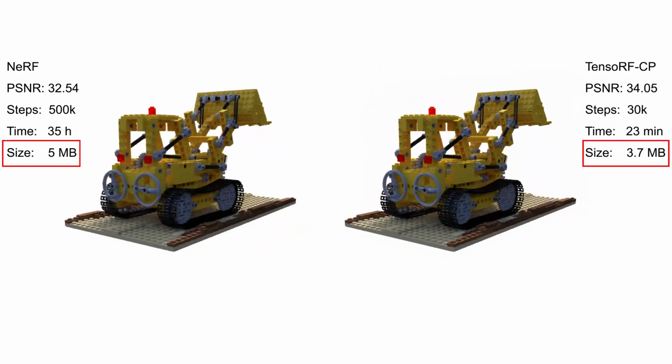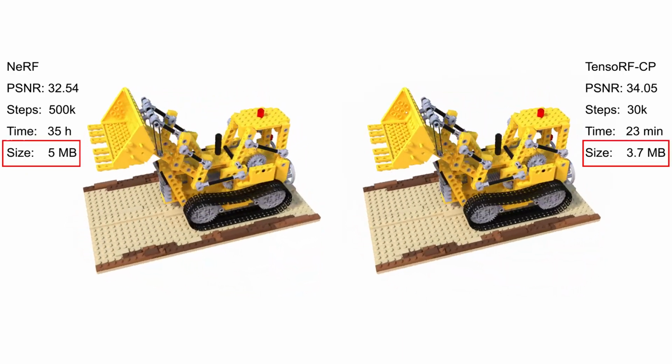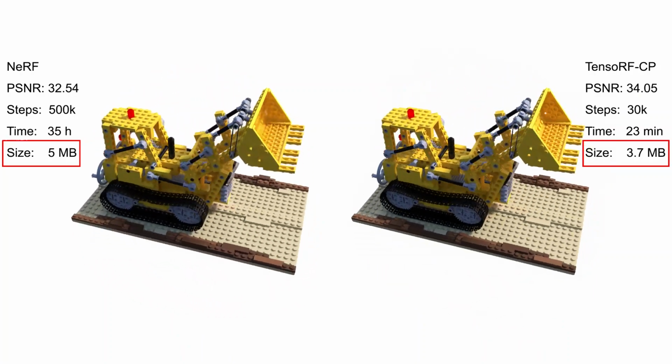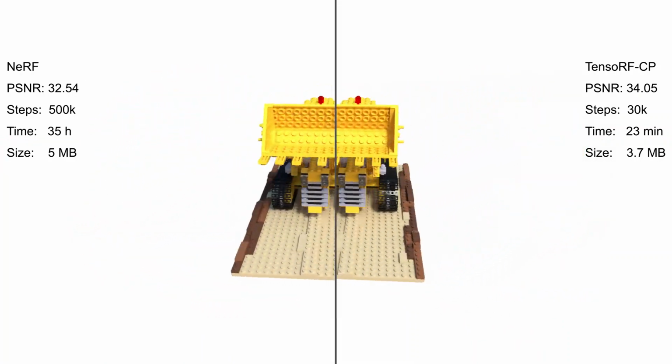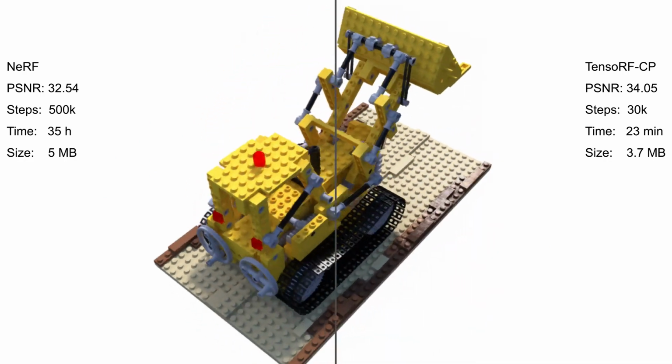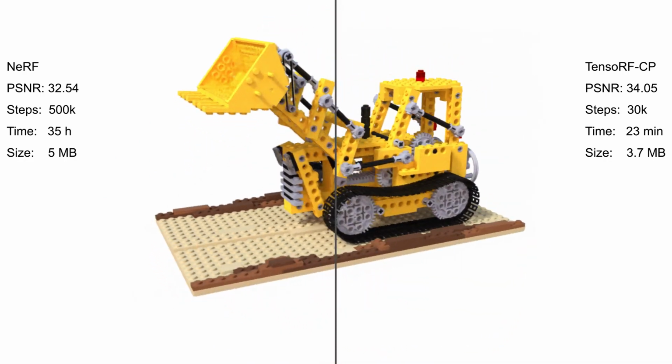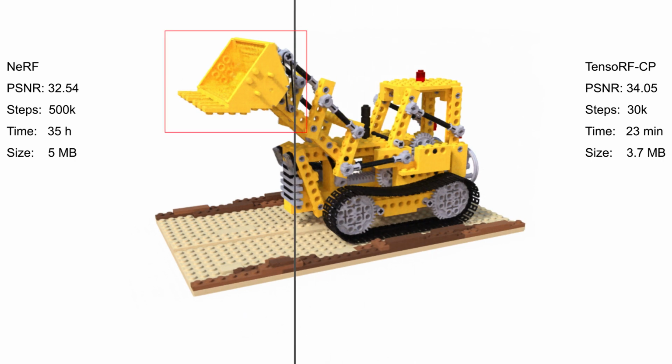Note that our CP model achieves super high compactness. Its model size is less than 4 megabytes, even smaller than NeRF that is purely MLP-based and known for its high compactness. In addition, our super compact CP model can also achieve better rendering quality and significantly faster reconstruction than